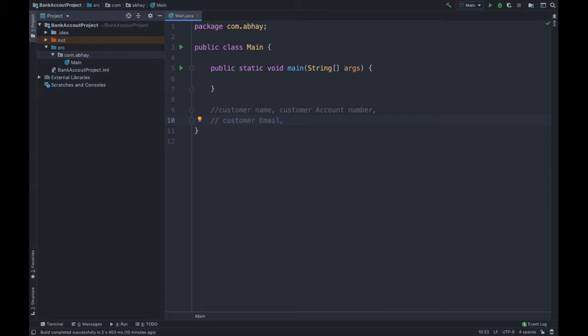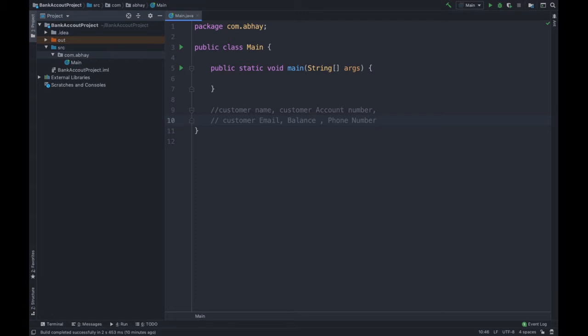Then we can have the amount, that is balance. And what else can we have? We can have phone number of the customer. These are going to be the fields for our app.